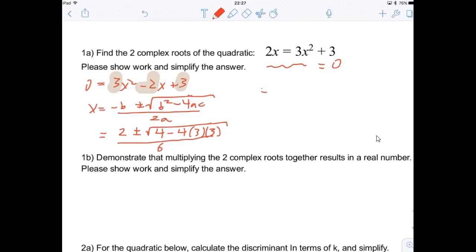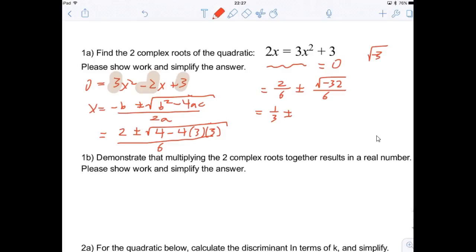So now I have 2 over 6 plus or minus, and on the top I have 4 minus 4 times 3 times 3, which is 4 minus 36, which is the square root of negative 32, divided by 6, which is equal to 1/3 plus or minus,